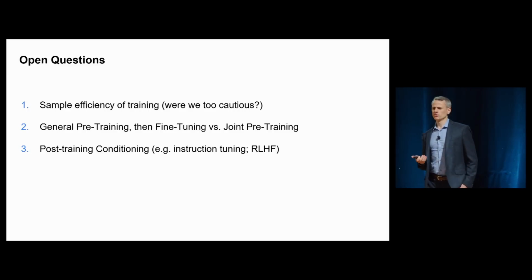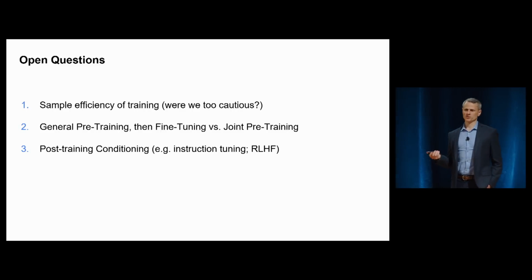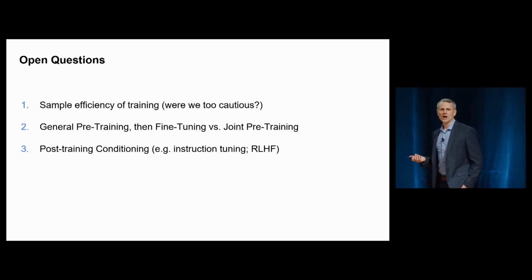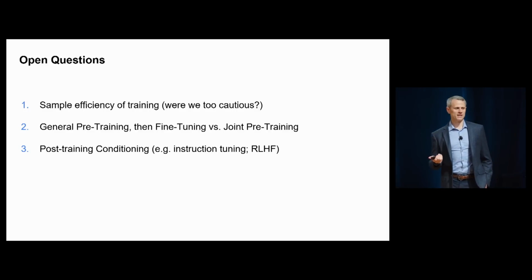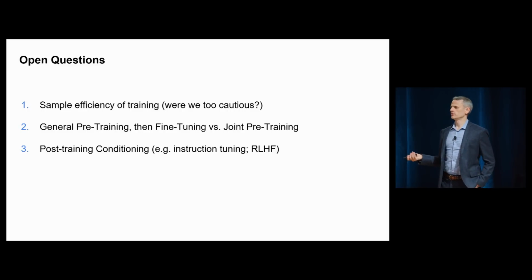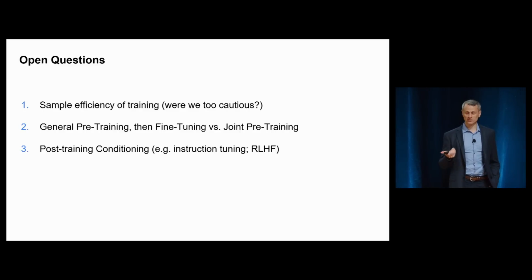The second thing, which I'm sure a lot of you are wondering, is, did we really need to train a giant model from scratch? Could we have taken an open source model and fine-tuned it on our data? It's a great question. The one thing that makes our scenario much different than traditional fine-tuning scenarios is that our fine-tuning data set was 300 billion tokens. Most fine-tuning tasks are much smaller fractions of the full training set, so it's a little bit different.